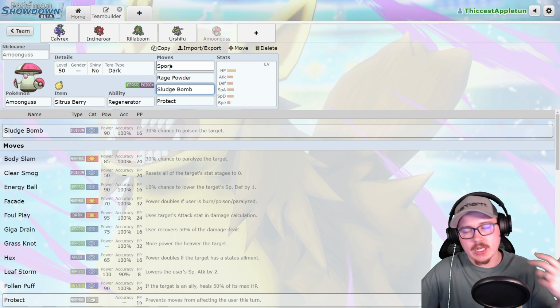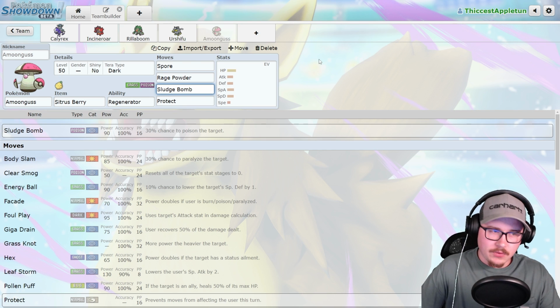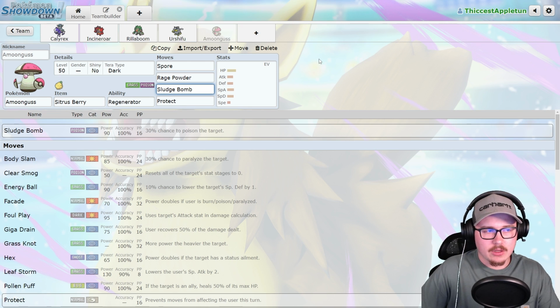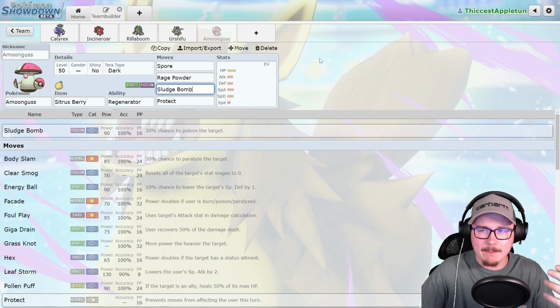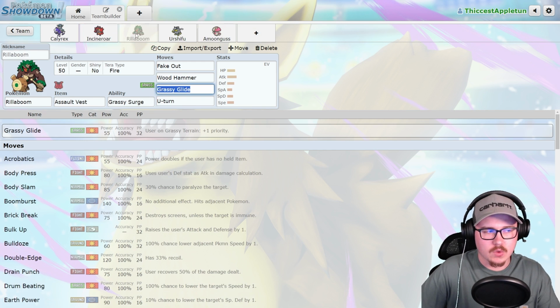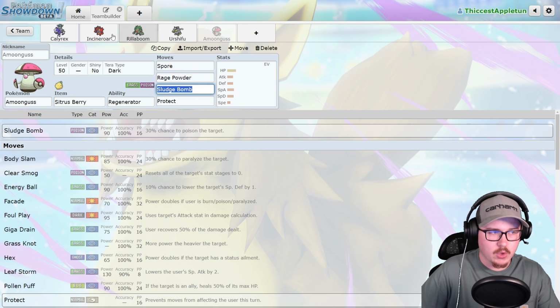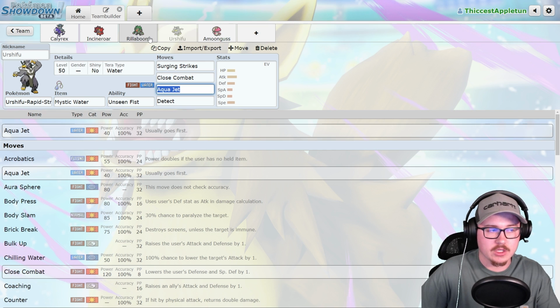And then, like I mentioned, I had Tornadus on this team originally, but Tornadus was useful in some regards, but Raging Bolt was still popular, and even if I got the Tailwind up, I wasn't getting a ton of benefit out of Bleakwind Storm, so it just didn't feel amazing to me having that Tailwind. And I was like, I already have such a balance-oriented team with a lot of rotations with these very bulky Pokemon in the form of Amoonguss and Incineroar. Even my Urshifu was incredibly bulky. I was like, what else can I do to add to this team that's going to give me a benefit